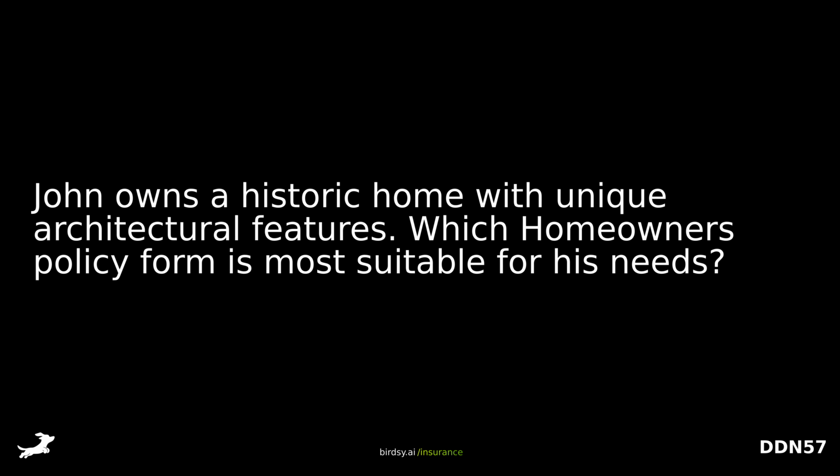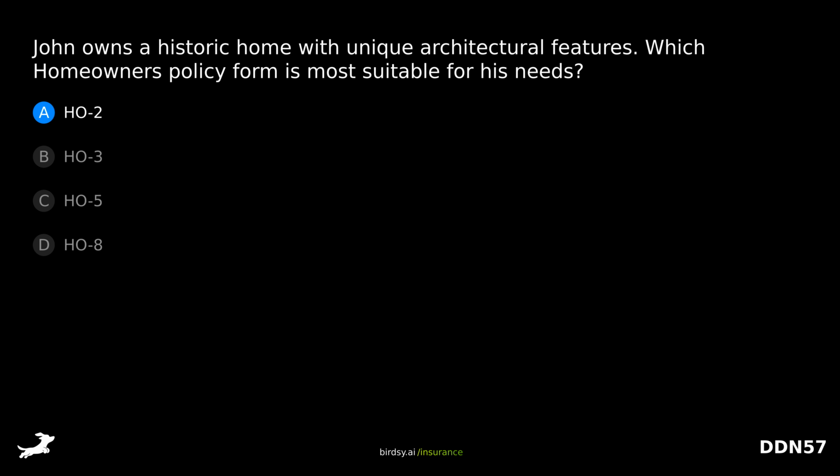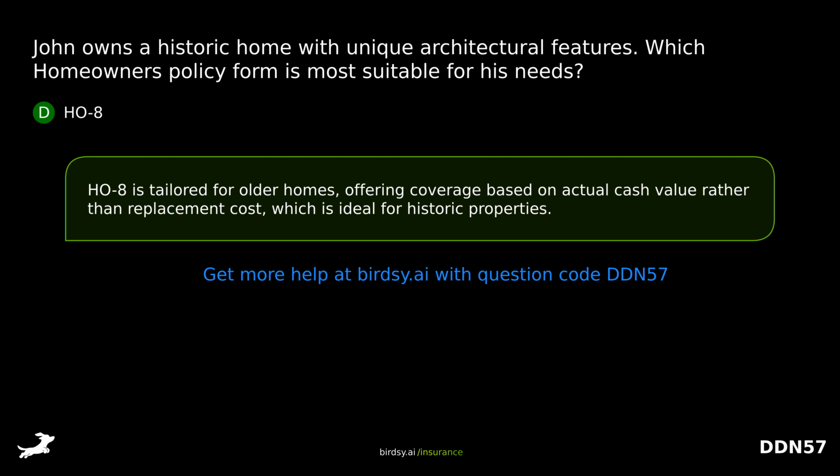John owns a historic home with unique architectural features. Which homeowner's policy form is most suitable for his needs? Is it A, Homeowners 2 policy, B, Homeowners 3 policy, C, Homeowners 5 policy, or D, Homeowners 8 policy? The answer is D, Homeowners 8. Homeowners 8 is tailored for older homes, offering coverage based on actual cash value rather than replacement cost, which is